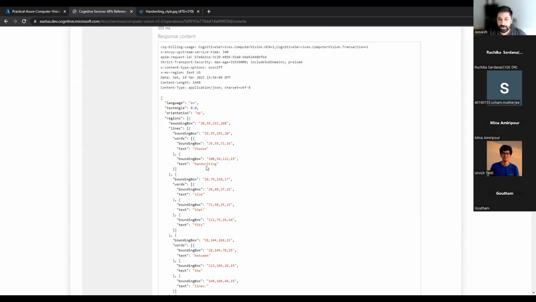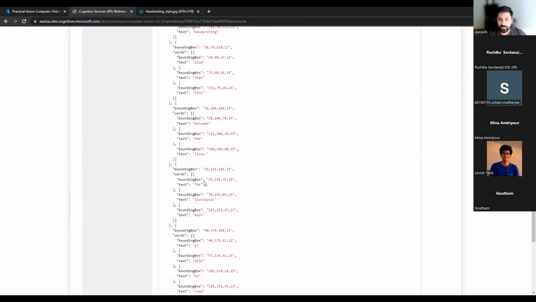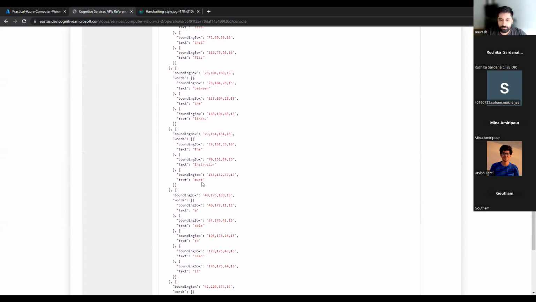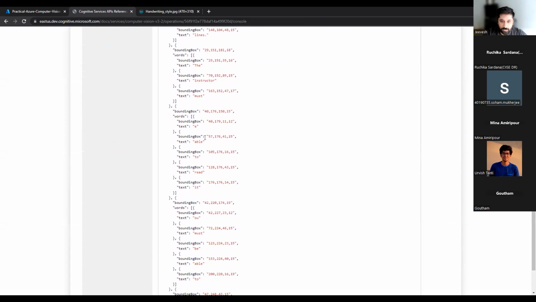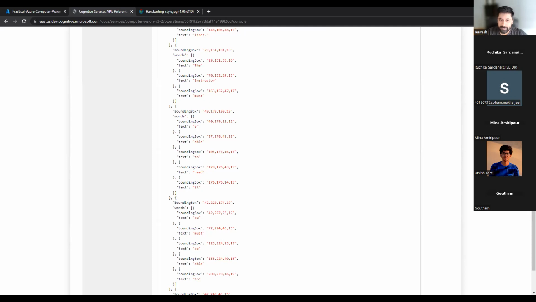It says choose handwriting size that fits between the lines. The instructor must, it got confused here. So the instructor must be able, it detected as e-able, which is wrong, but that's what happens. So this is normal. It's a pre-trained model. It's not out of the ordinary.